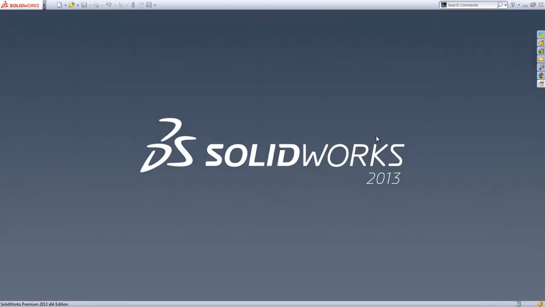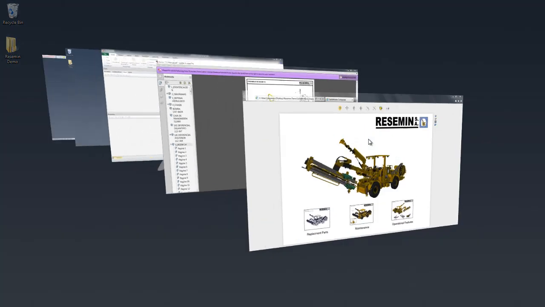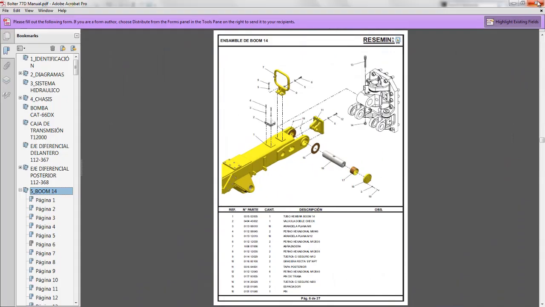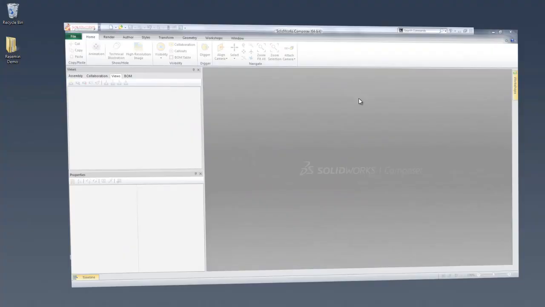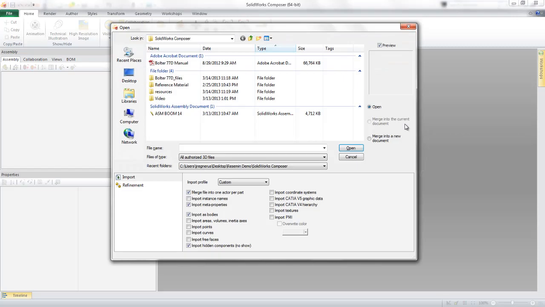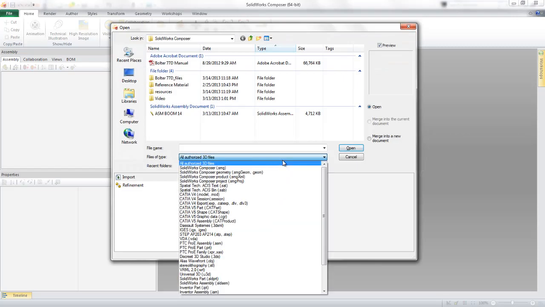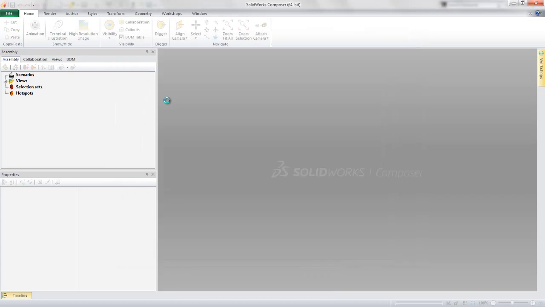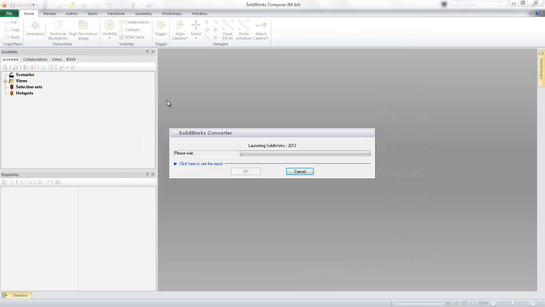So let's go ahead and close this, as well as any other open documents we might have. We're not going to need these anymore, as we're going to create everything from scratch. Once inside SolidWorks Composer, all we need to do is choose File Open. From the File Types drop-down, we can see that SolidWorks Composer supports a wide variety of native CAD formats. In our case, we're working with SolidWorks, so we'll simply select our assembly, and SolidWorks Composer will get to opening